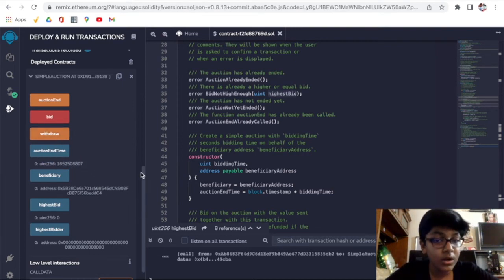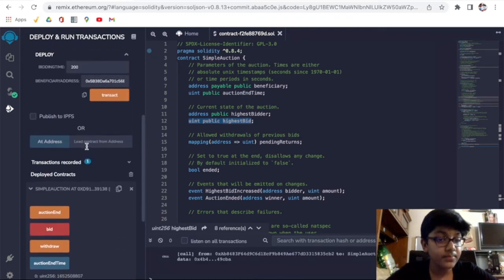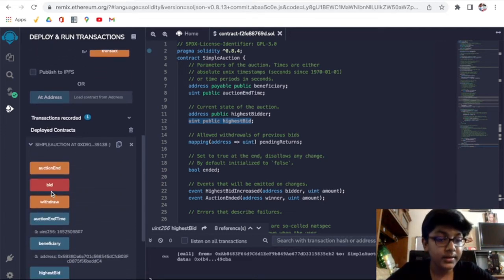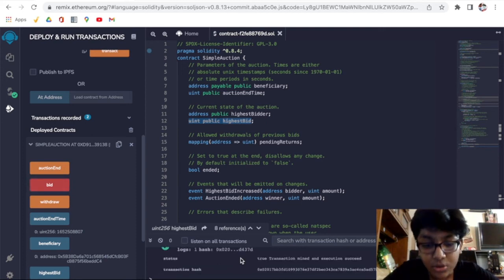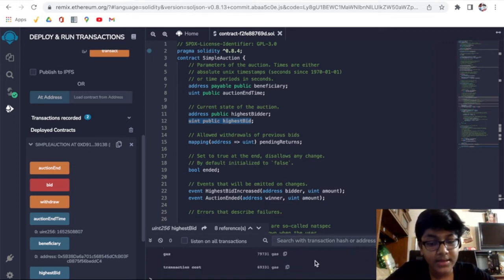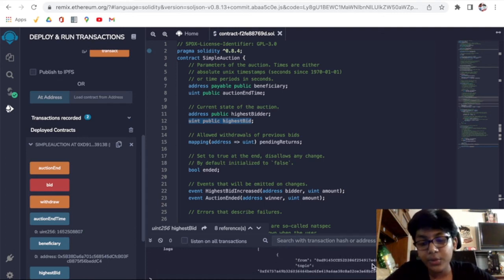Next what we are gonna do, we'll not withdraw, we'll just bid. So we'll enter the value that we want to give, 10 ether, and then we'll bid 10 ether. So it is saying that we successfully bid, transaction mined and execution succeeded. Transaction hash is this: from this to simple auction dot bid, gas is this much, transaction cost this much, execution cost this much, input 0x199 something, decoded input empty brackets, decoded output empty brackets, logs from this portion,